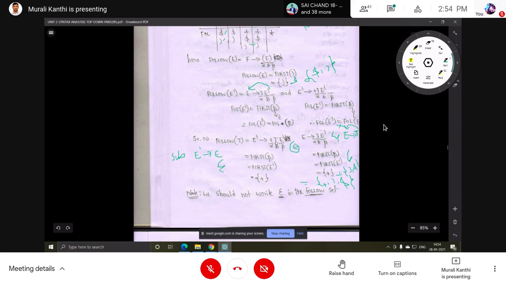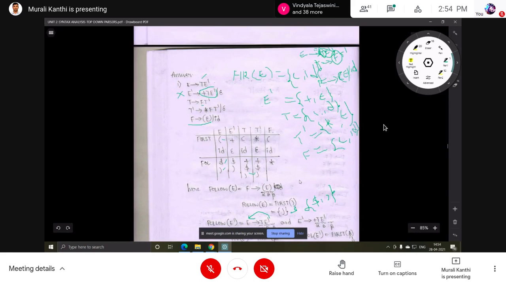Okay, actually T is there in this production and T is there in this production. That means we should consider this entire production, not only this one. Okay, E dash has two productions. One is plus T dash, another one is epsilon. So now this epsilon production has to be substituted in the first one, without E dash. In place of E dash substitute epsilon. So simply what will we get? E implies T. Okay, from this also, here total how many? 1, 2, 3. Okay, from these 3 we will get closing parenthesis dollar.